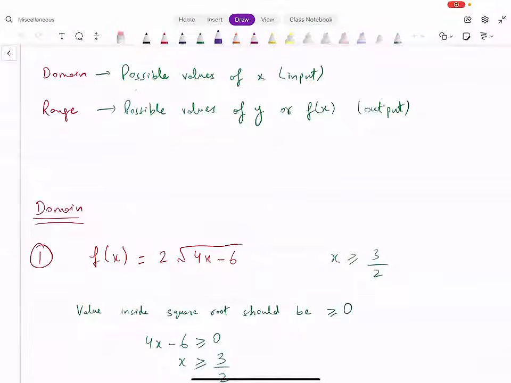Domain और range क्या होती हैं? Values of x are domain, values of y are range. फिर आप